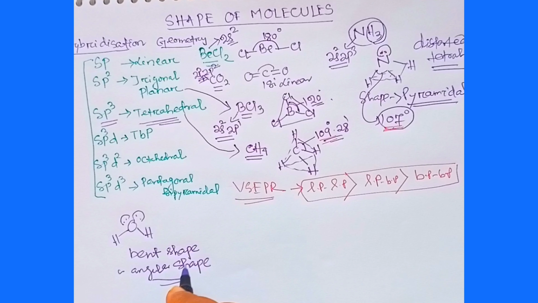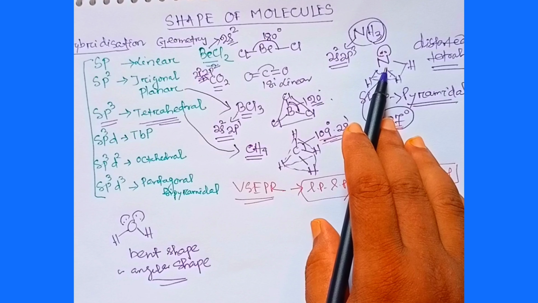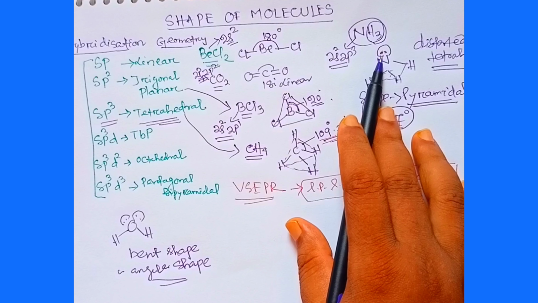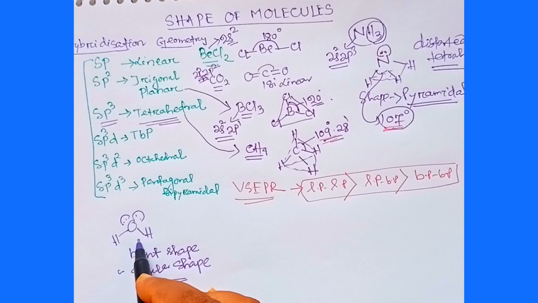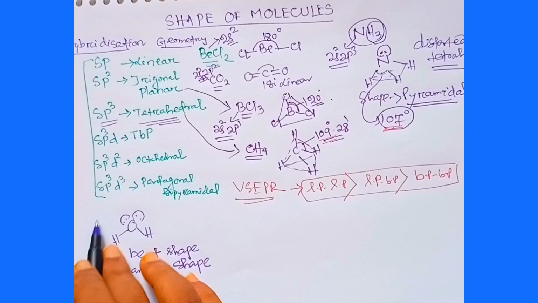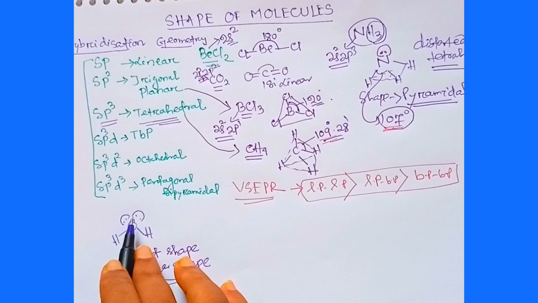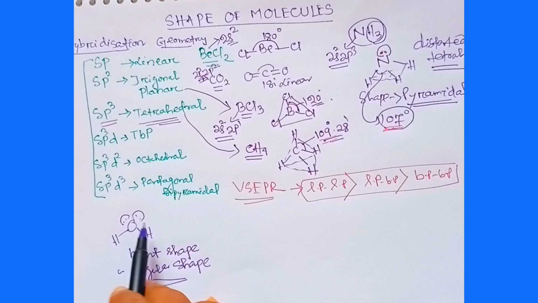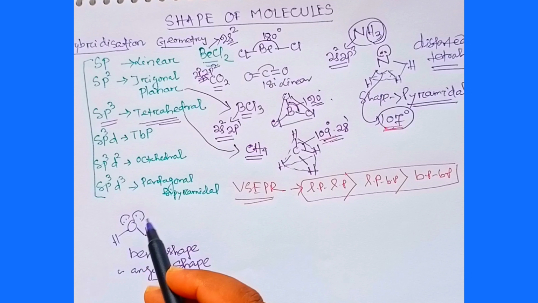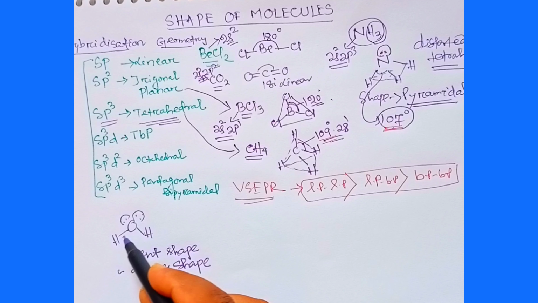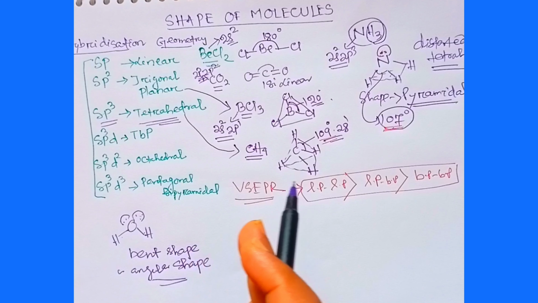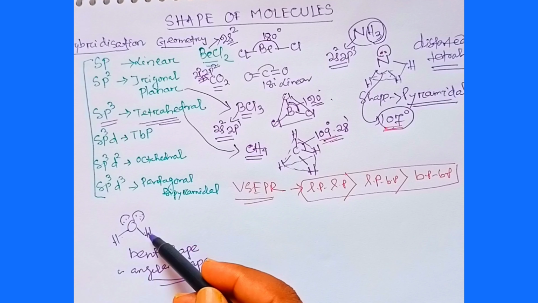Now we'll discuss the difference between ammonia and water. Here over the nitrogen in ammonia there is only one lone pair, but in water over the oxygen there are 2 lone pairs. So here 3 kinds of repulsive force are operational, because of the presence of 2 lone pairs. One repulsive force is between lone pairs, the other is lone pair-bond pair, and the third one is bond pair-bond pair. So due to 3 kinds of rigorous repulsive force, these 2 lone pairs repel each other, and this lone pair again repels the bond pair.